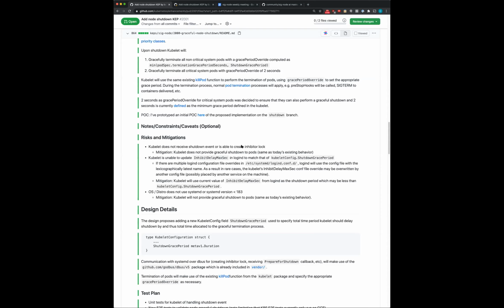In most situations, normal users can't create cluster critical pods, so you'd be guarded against someone creating a pod with a really long termination grace period. Yeah, I think that only has issues when you have a 30-second shutdown, but in that situation you don't care as much anyway.